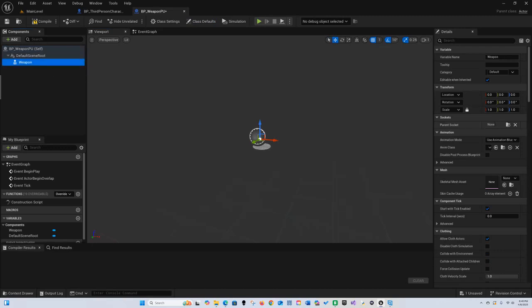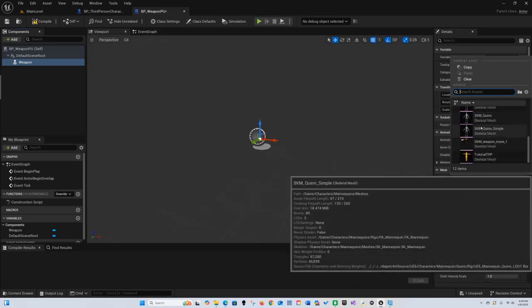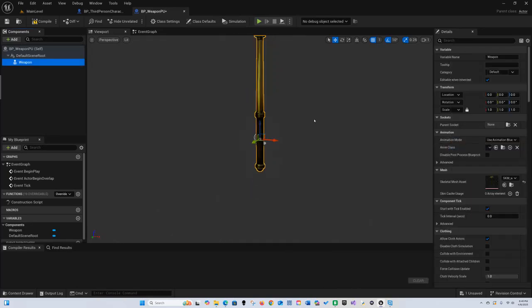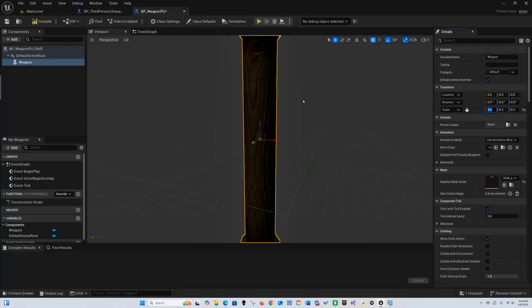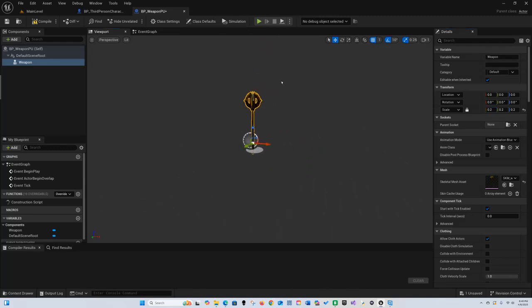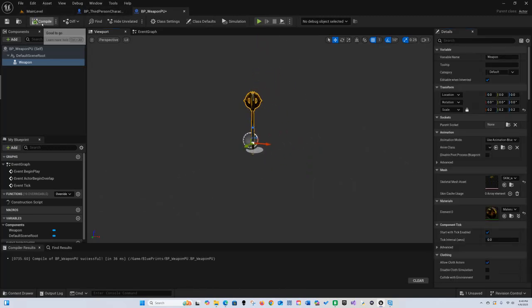Now, this is very similar to what we did last time, but this time we're just gonna have it by itself. We're not going to attach it to anything. We're just going to have it there. Now this is pretty big, so I believe I did 0.2 for the scale. Okay, now that we have it,